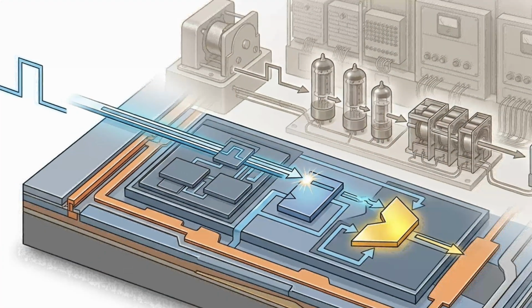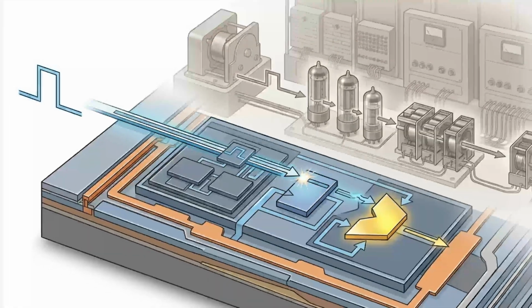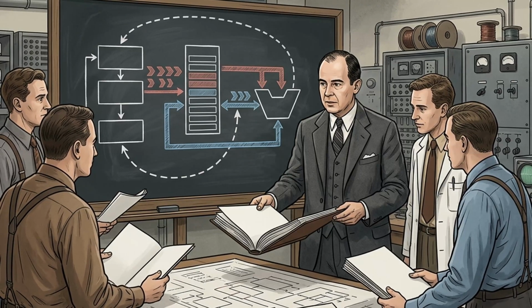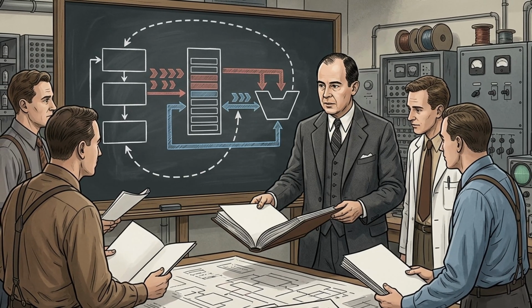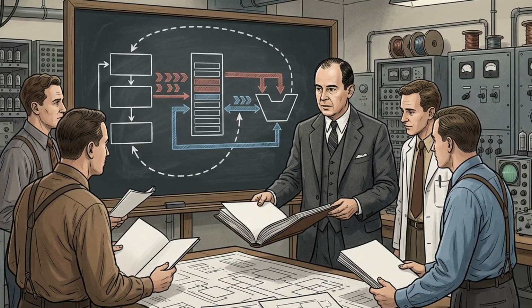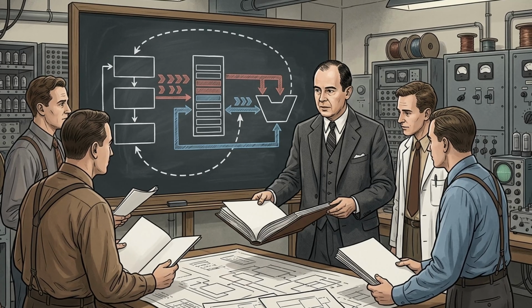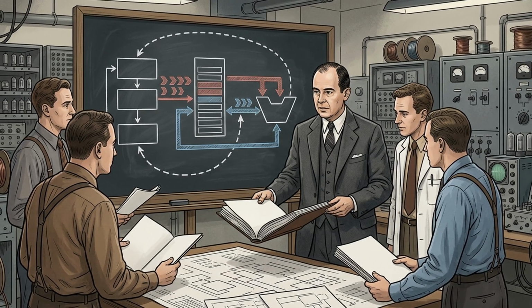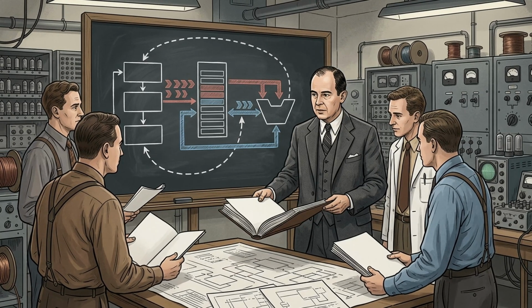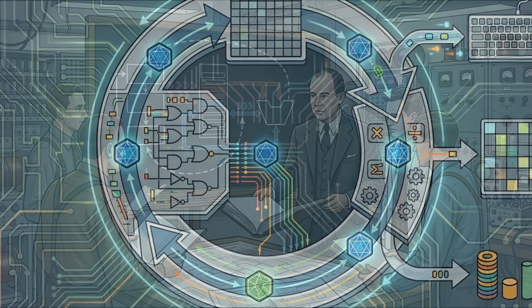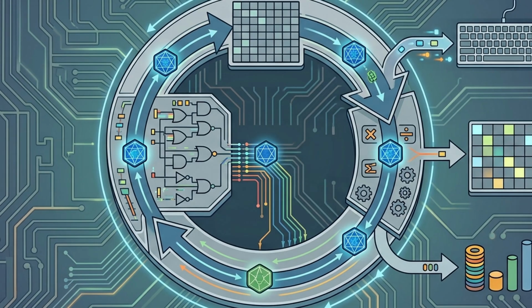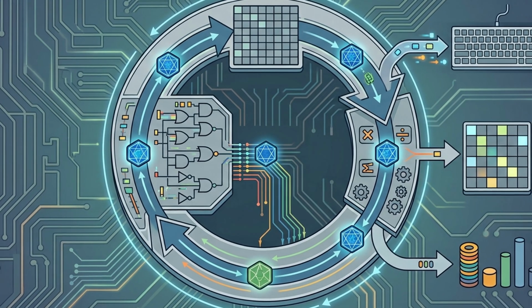Each one of those individual ticks does real, specific work, following a structure that's older than the transistor itself. In 1945, the mathematician John von Neumann circulated a 101-page document called First Draft of a Report on the EDVAC, which laid out for the first time in writing the architecture nearly every general-purpose computer since has copied: a single memory holding both the instructions and the data those instructions operate on, and a control unit that works through them in a repeating loop. Fetch the next instruction from memory, decode what it's asking for, execute it, then fetch the next one. Fetch, decode, execute.